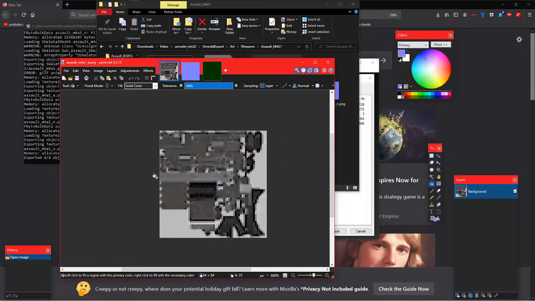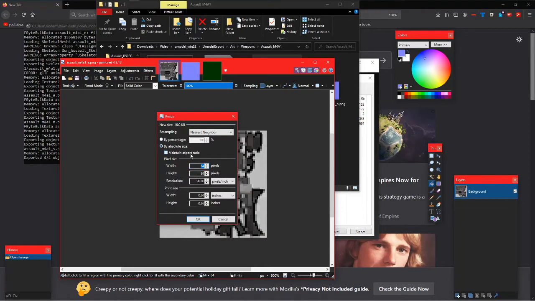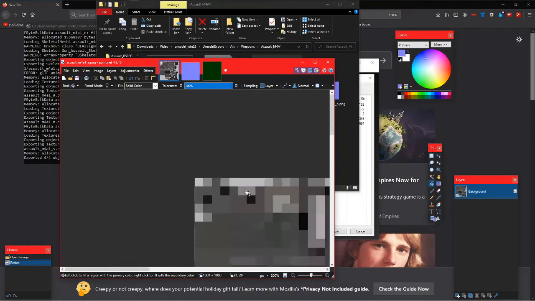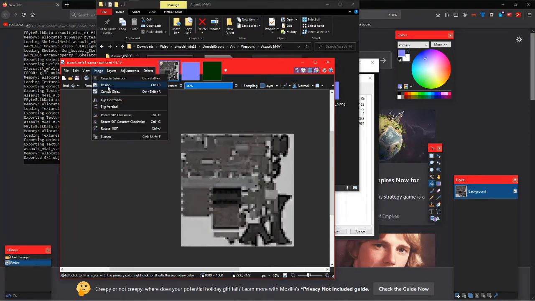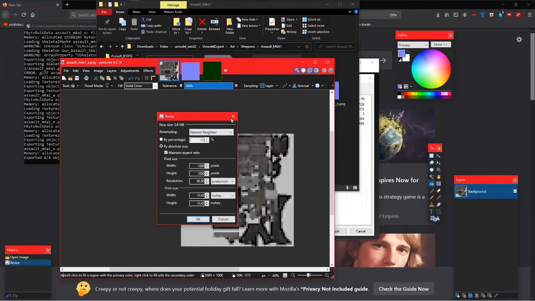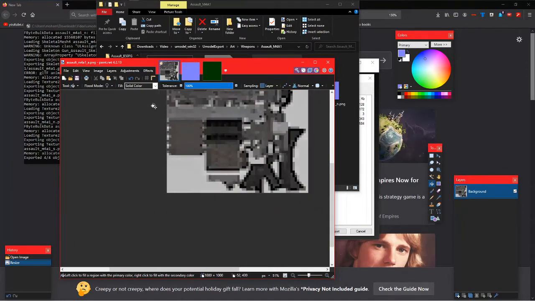Now this is actually what wraps around, but if you've noticed, it's very small. So you can resize this as long as you have maintain aspect ratio on. You can set this to any number really, so let's say 1000 pixels by 1000 pixels. And you need to make sure when resizing you have nearest neighbour on, because otherwise it will look